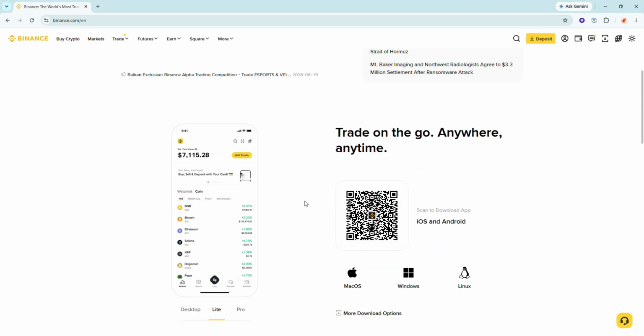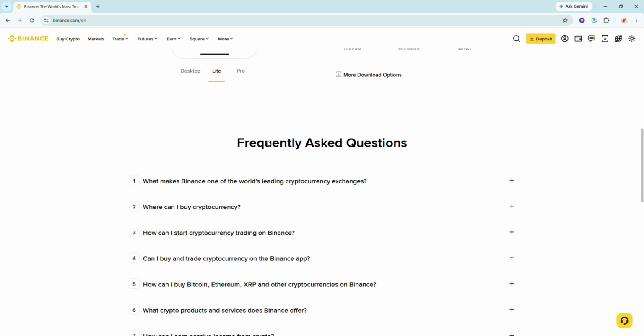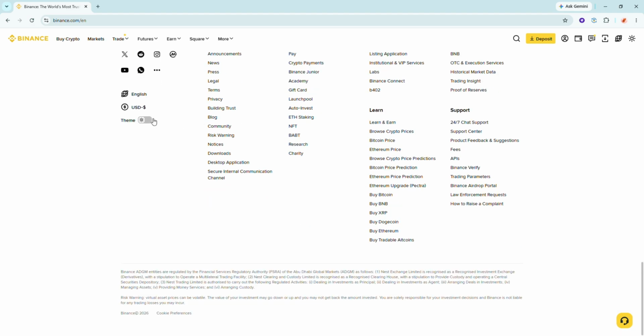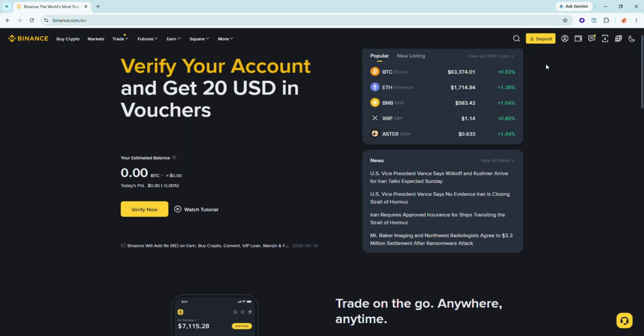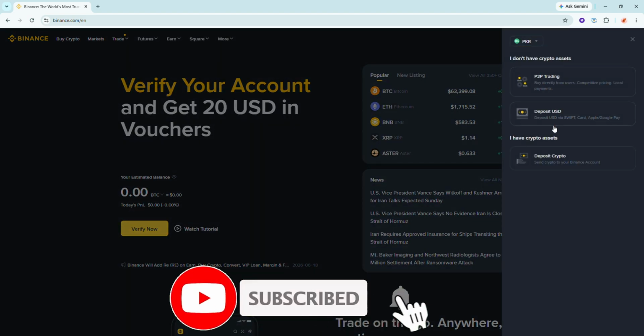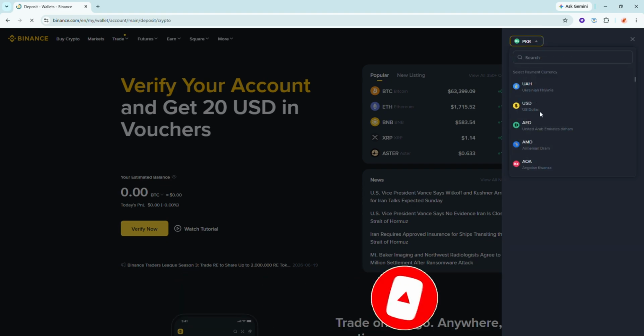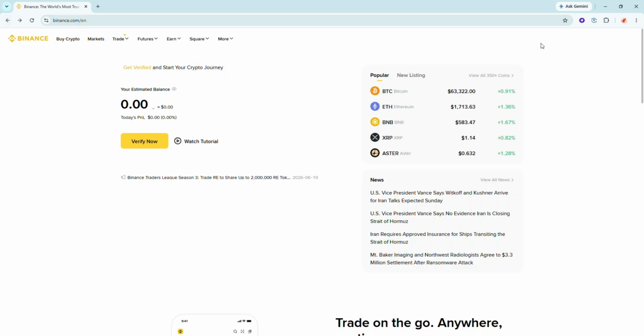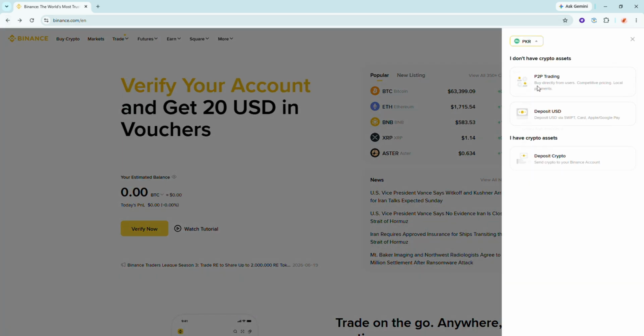In today's video, I will show you how to deposit and withdraw funds on Binance in Australia. To deposit, open Binance, tap Add Funds, select AUD and choose Buy with AUD. Pick the cryptocurrency you want, enter the amount and pay using your preferred method such as a card or